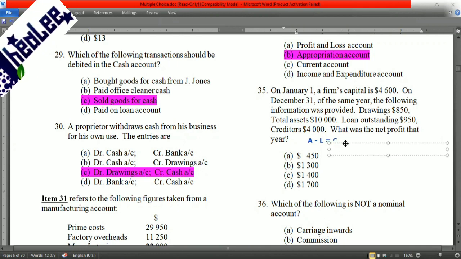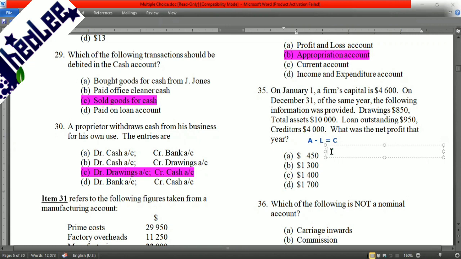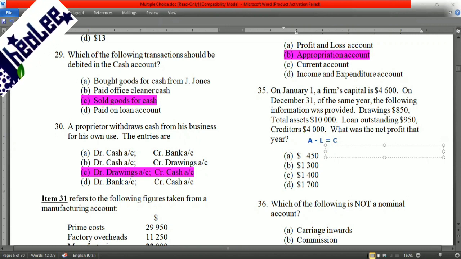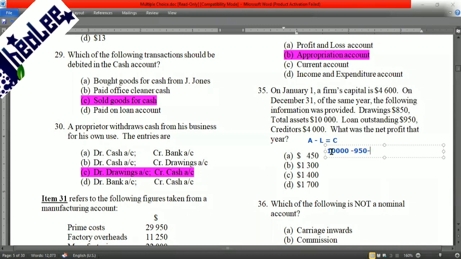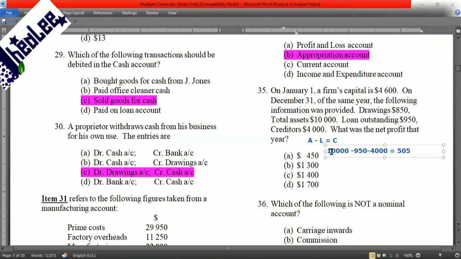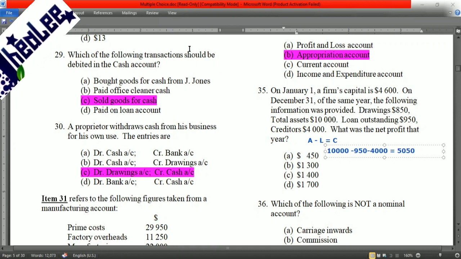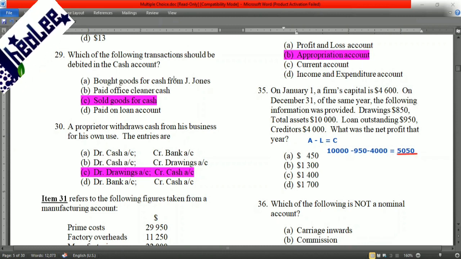Now, we need to determine what would be the closing capital. And that is the total assets of 10,000 minus the liabilities of 950, which is the loan outstanding, and minus the 4,000, which represent the creditors. And that would give us a value of $5,050, right? So that is the closing capital. That's the value that the business should balance with, that 5,050. Now that we have that 5,050, we can then determine what is the